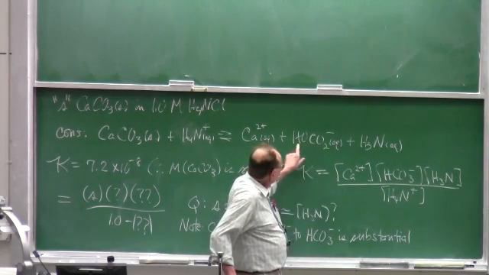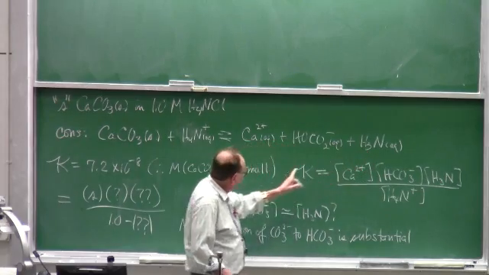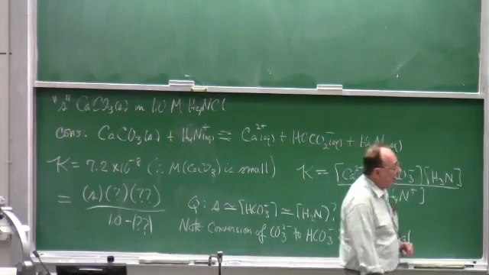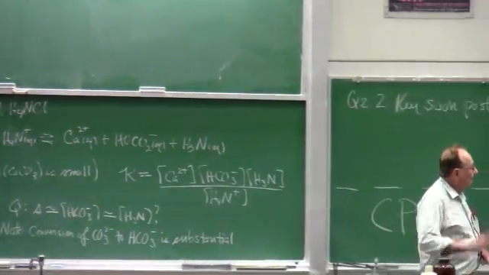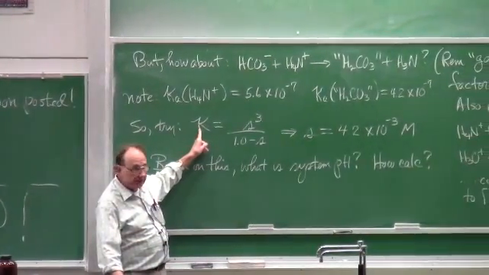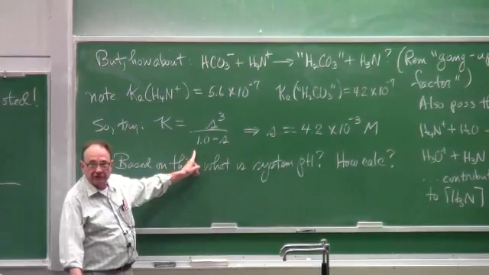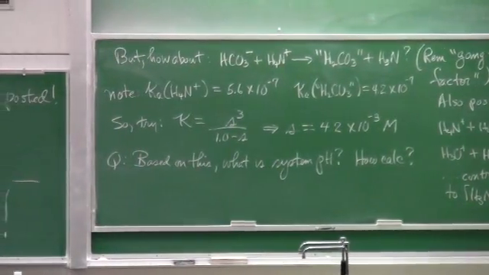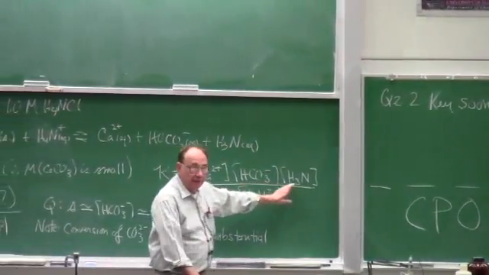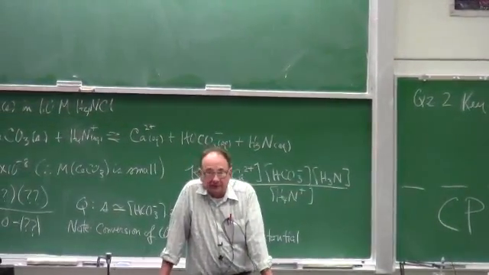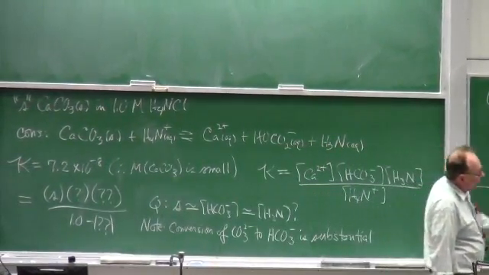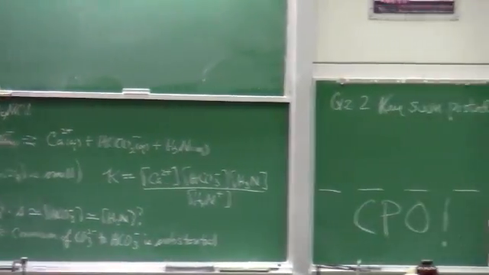If that's true, then the bicarb molarity and the ammonia molarity are equal to each other as well as being equal to S. All right? Now, based on that, we've got the K value over there, 7.2 times 10 to the minus 8. The arithmetic which follows is then simple because we are operating on the basis that the calcium ion, bicarb molarity, and ammonia molarity are each equal to the solubility of calcium carbonate. We know that's true for the calcium ion molarity. That gives us a solubility of 4.2 times 10 to the minus 3.